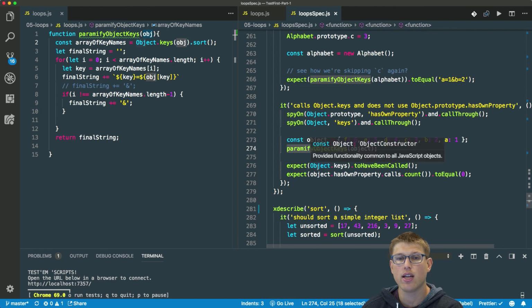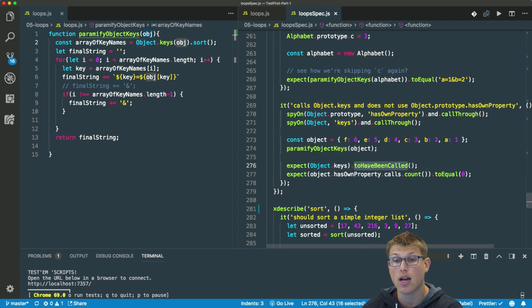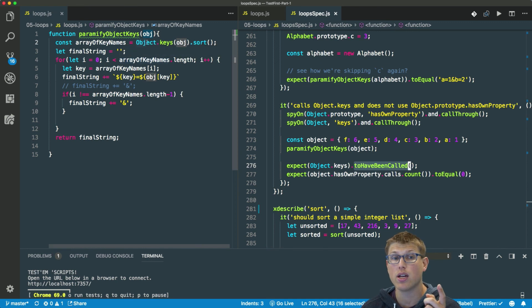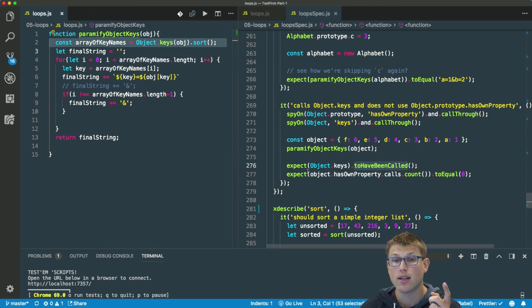And on line 276, notice we're testing Object.keys, and we're testing to see if it was called or not. And this should return true. That's what toHaveBeenCalled is testing, whether or not Object.keys was called. If it's called, great, we pass this spec. If it isn't called, you're going to fail this test spec. But we are calling it right here. Now if we look at the second spec,